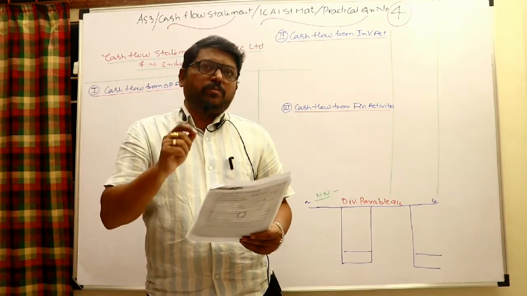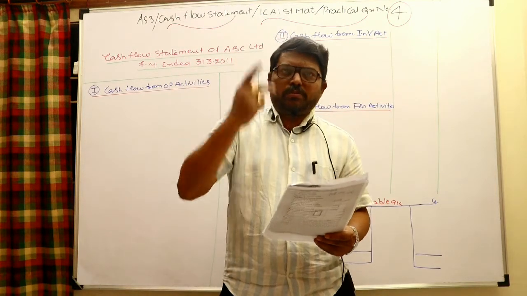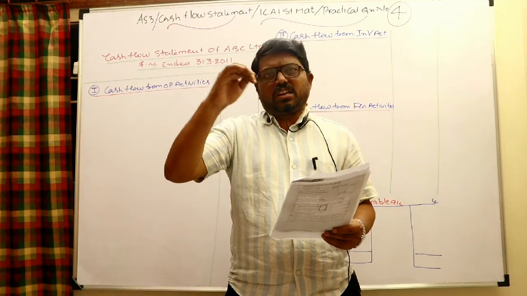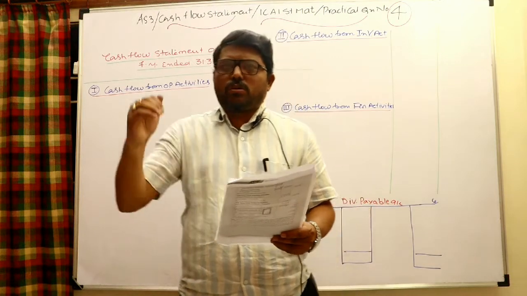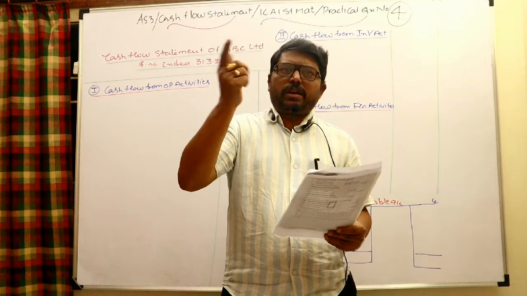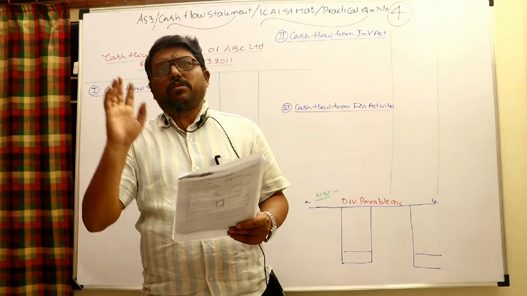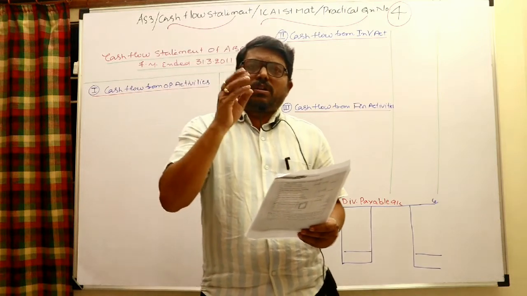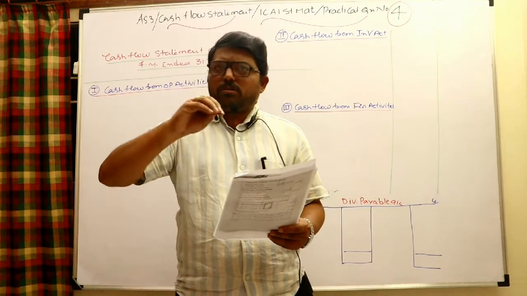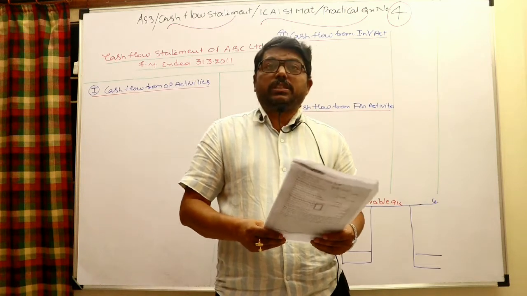In fact, bad debt written off is a non-cash item. Therefore, that should be withdrawn. That should be withdrawn means bad debt to debtor means the closing debtor is reduced. If you would like to withdraw, the closing debtor should be added back. And it is charged to the provision account, provision for bad debt to bad debt. If it is not charged, the provision should be more. So it should be added back to the closing provision. So whatever the bad debts written off, it should be added back to the closing debtor. It should be added back to the closing provision for bad debts. That's all. I repeat once again.